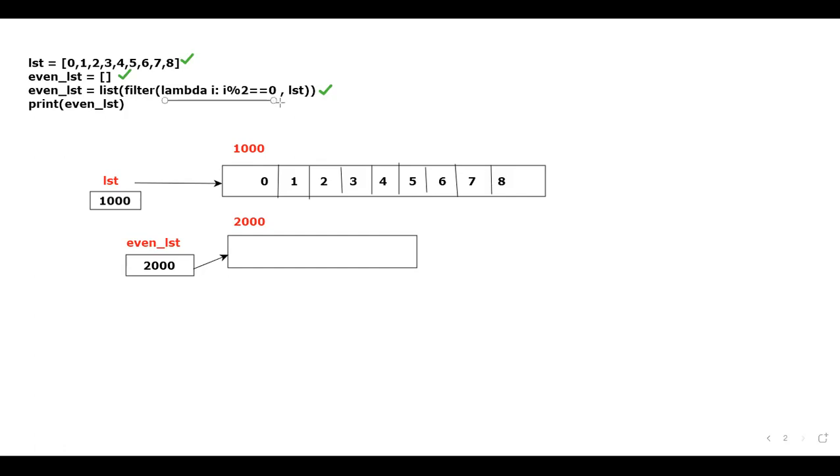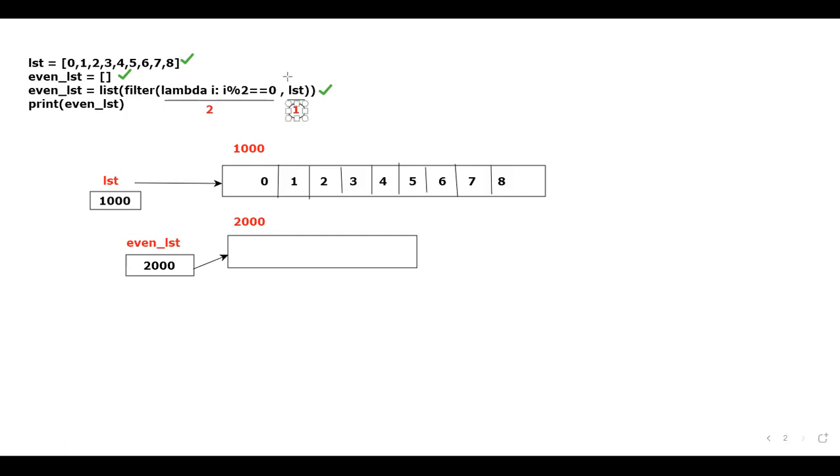Before evaluating the lambda function, it will check what sequence he is providing. This is the number 1 activity that we will do. It is the second activity. Is that clear? That means list is what you are providing as the input for the lambda function. This is the first activity that it will be doing. That means the filter function will check what kind of data he is giving.